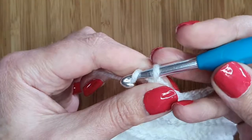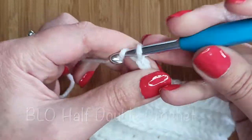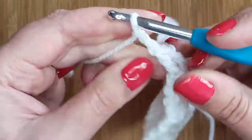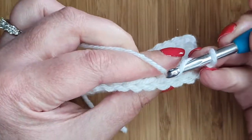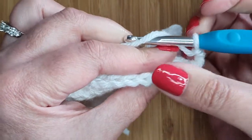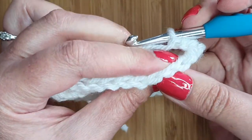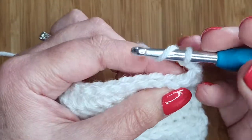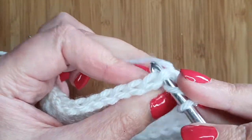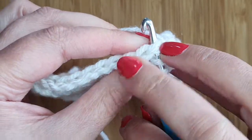Normally when you do your half double crochet, you chain 2 stitches at the beginning of the row, you turn around, then you yarn over, and there where you see the previous row's stitches, you see those 2 teardrops. Looks like a round teardrop shape. You would normally go and yarn over and place your hook underneath both those loops